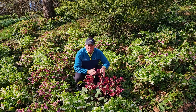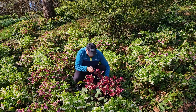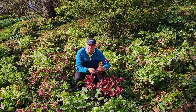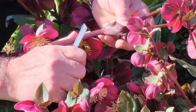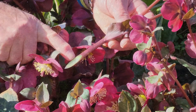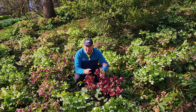What we found out over the years is that we simply just pick these early in the morning or late in the evening. You just use something like a pair of pruners, or in this case a sharp knife, and just cut them off and then put them in water overnight, and then the next morning make a quick diagonal cut like I'm making here, and that way you're exposing the maximum cambium to the water. It'll take up the water and you'll find that they will last really long as flower arrangements